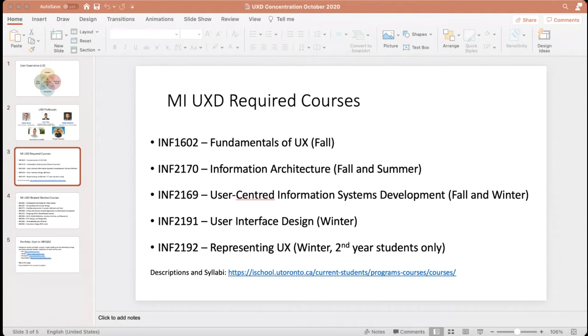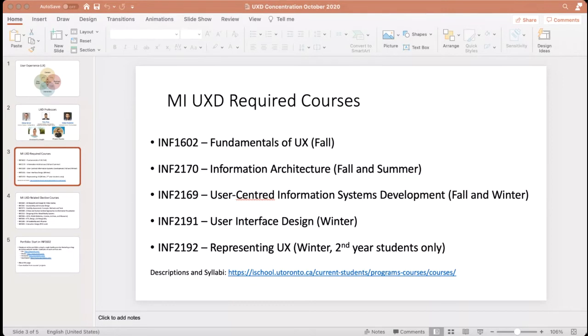In the fall, you're also going to take a course on information architecture to learn how to architect information. We use web design in order to teach some of these principles. We do not do web development, so this is not a course on CSS and JavaScript and all of that.